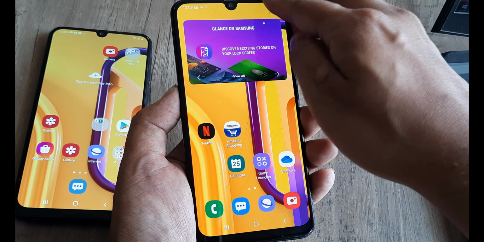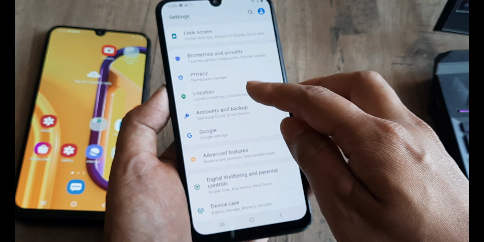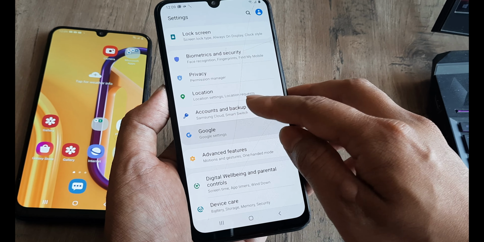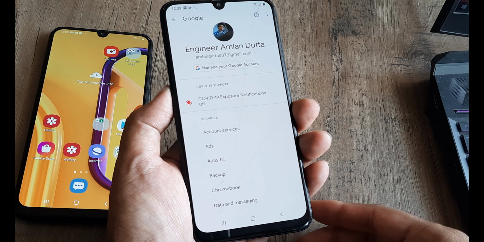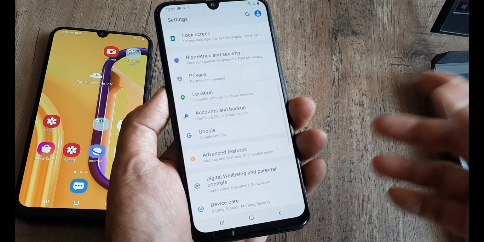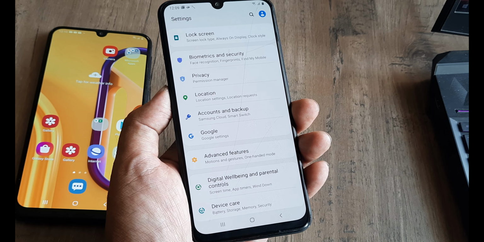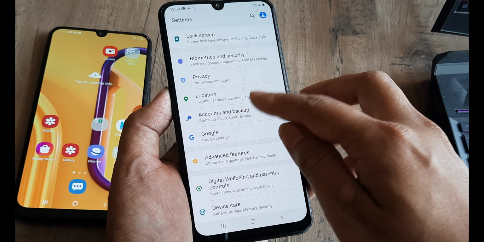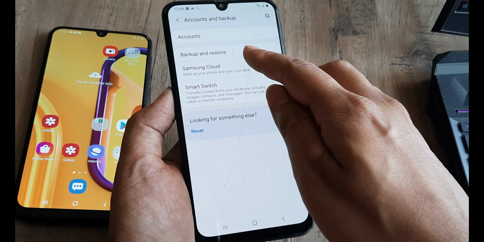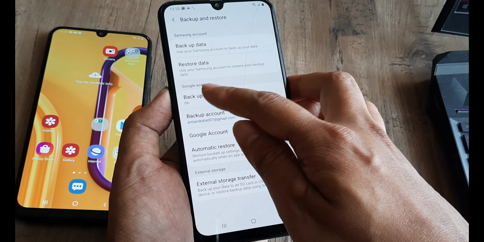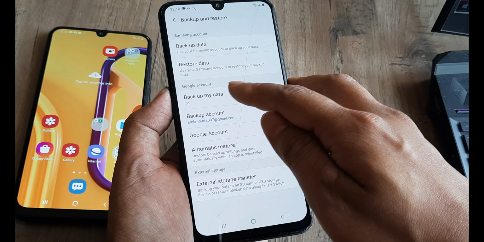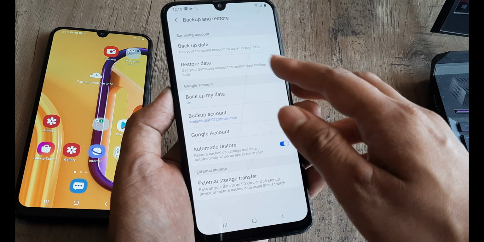But first the Google thing. So on your phone, first set up your Google account. The way you do that is by going to settings and just adding a Google account. That's your Gmail ID, and you will be having access to all Google products, which include the G Drive. Now, once that's done, go to account and backup and go to backup and restore and ensure that your Google account backup my data is turned on.